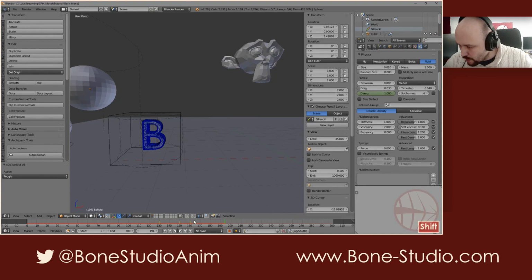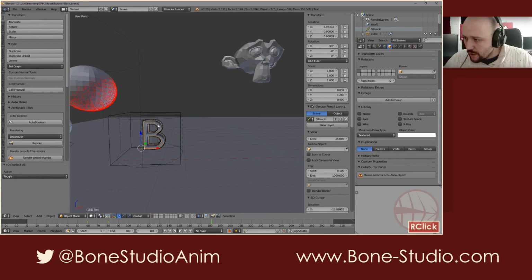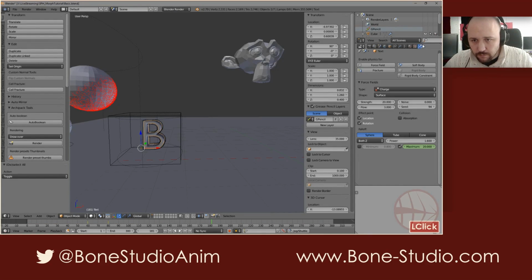So for that, we have to do a pair of things, but it's the same that we did up to now. For example, I want the particles to be Suzanne, start being Suzanne at 180. So I'm going to animate the damp, and in the very next frame, I'm going to go back to my original value. Now I want to animate the force field, this force field, and for this force field, I want